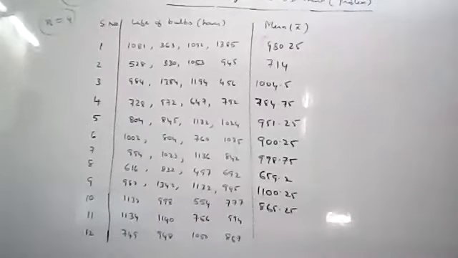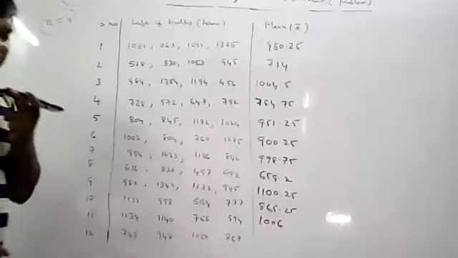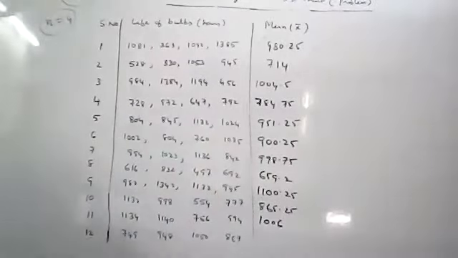1134, 1140, 756, 994. You can add the values, divide by 4. Why are you adding? Why are you dividing by 4? Sum of the observations by number of observations. Okay, 1006. Yeah, it is correct. Now the last sample. We are coming to the last sample.